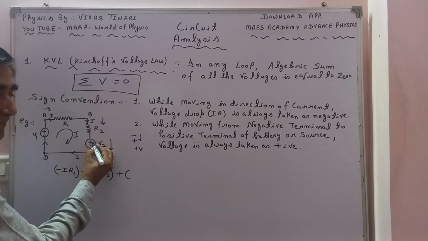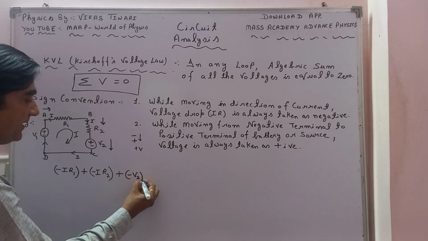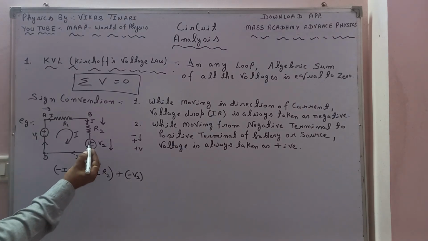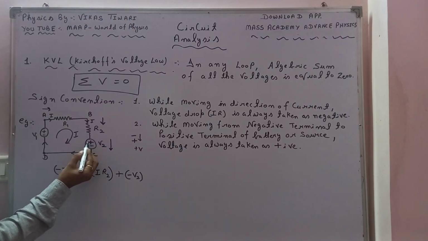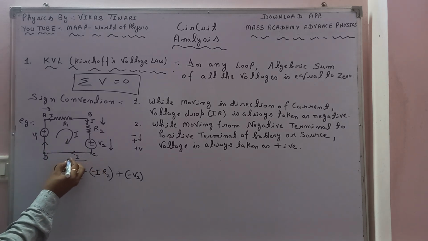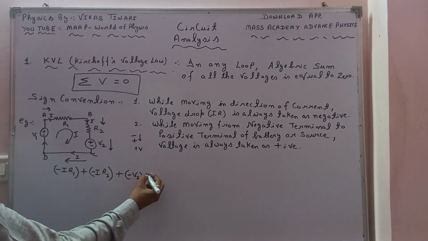So I am encountering the positive terminal first, so I will take negative, minus V2. Okay, that's why I have taken minus V2, because I am encountering first the positive terminal, then the negative terminal. After that, if I reach over here, I will find there is no voltage drop, because